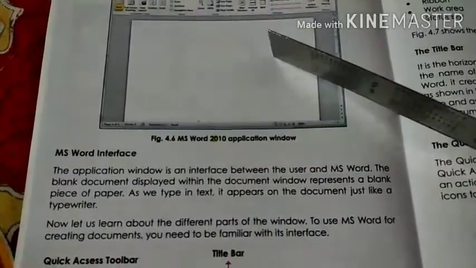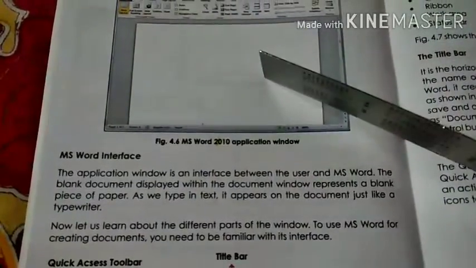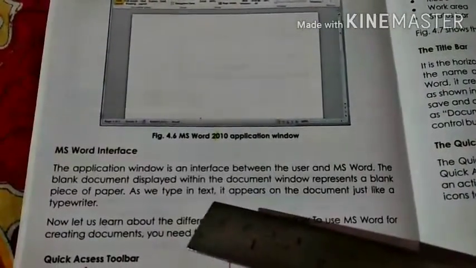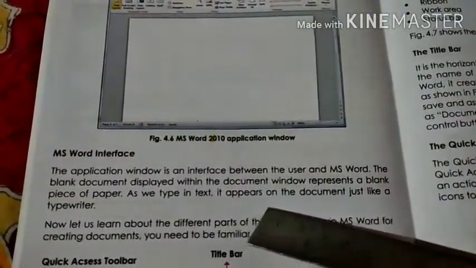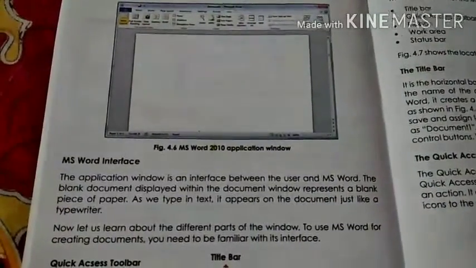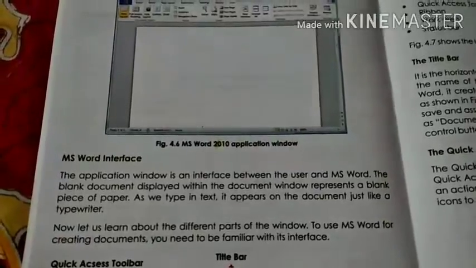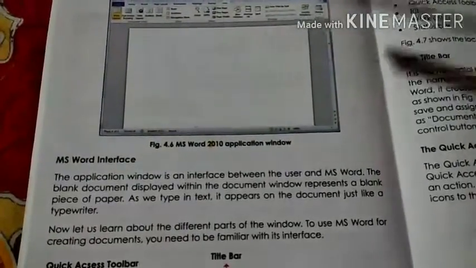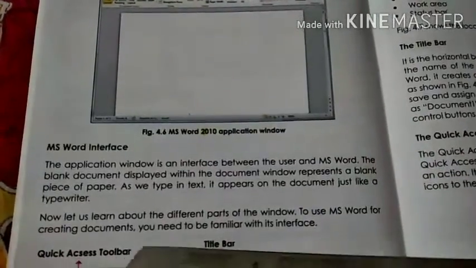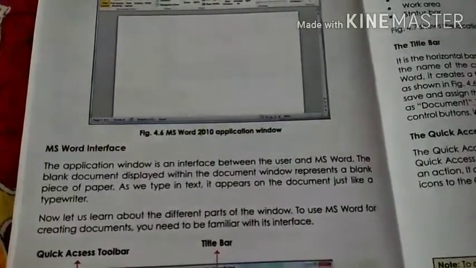It is nothing, it is a blank piece of paper. As we type in a text, it appears on the document just like a typewriter. So as you type the keys on the keyboard, the letters will appear on this page. Okay. Now let us learn about the different parts of the window.